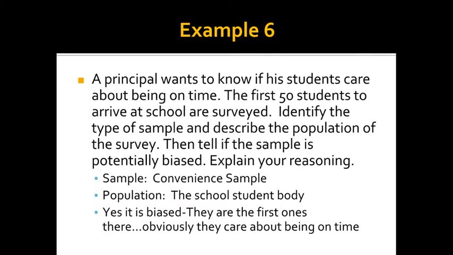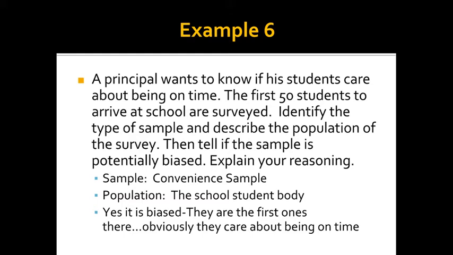A principal wants to know if his students care about being on time. The first 50 students to arrive at school are surveyed. Identify the type of sample and describe the population of the survey. Then tell if the sample is potentially biased. Explain your reasoning. So the type of sample that we're doing is it's the first 50 students to arrive at